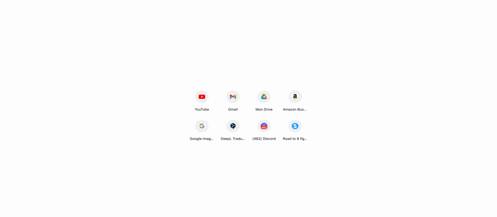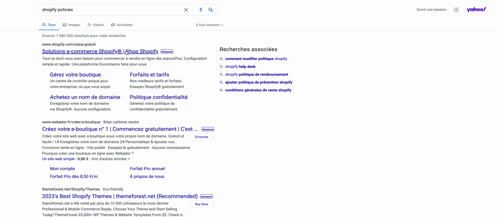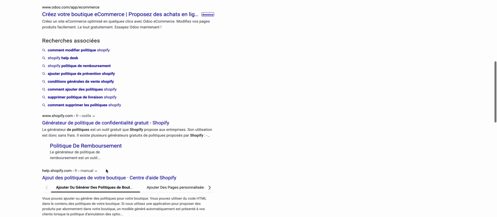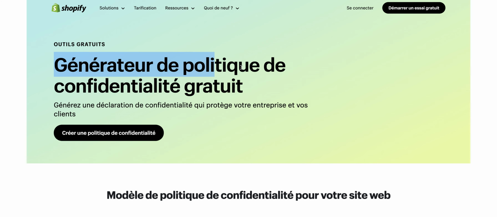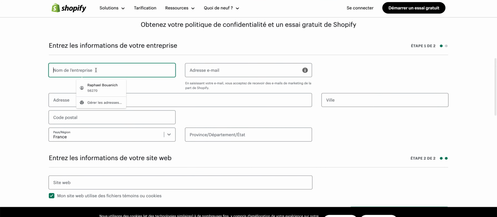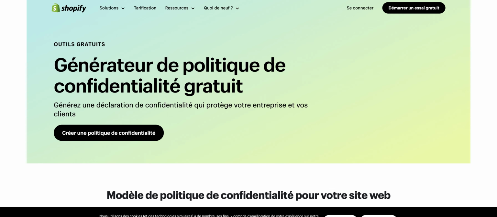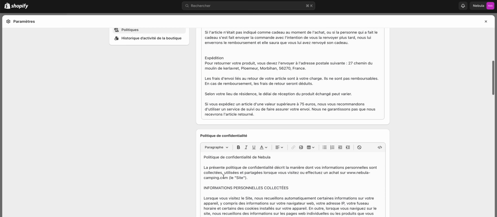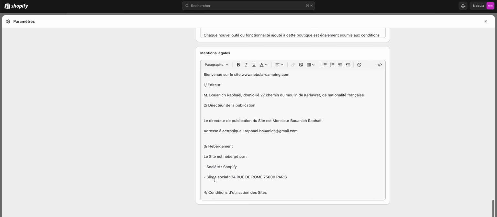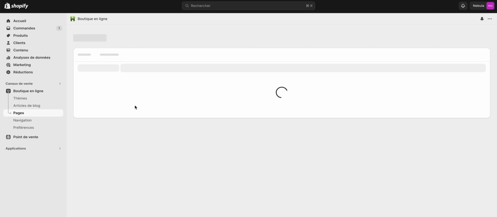So you go to Shopify policies, and you go to the free privacy policy generator, and you just have to put in your information and generate it. Okay, so after you generated it, you put all of the policies here, and after that you go to pages